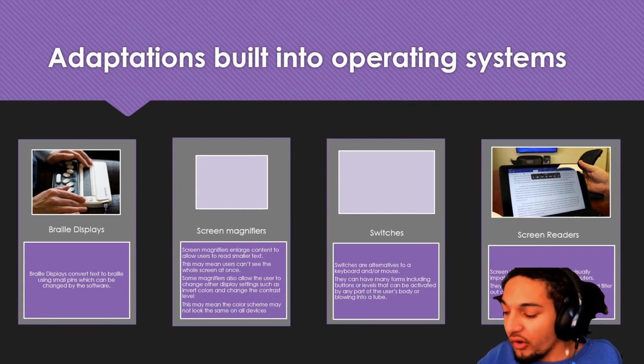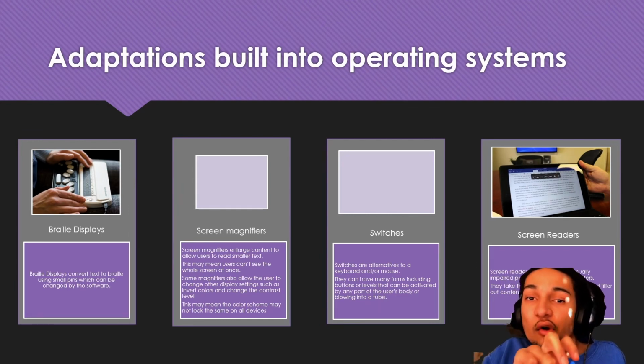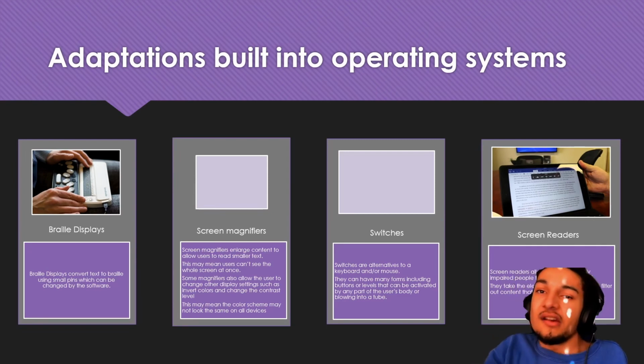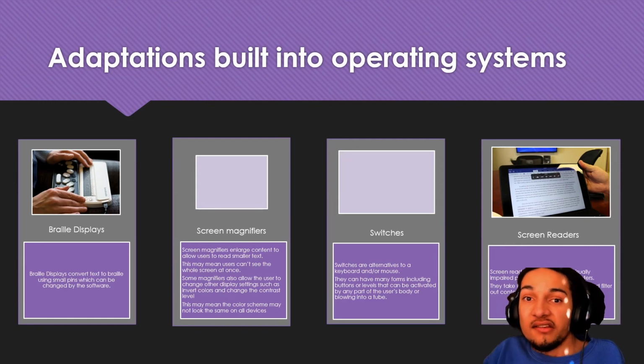Or it might be something more simple where you just have one button and the software automatically goes through each option. I'm trying to think of an example of a menu. You might have a menu and every 3 seconds the software will automatically switch through the different buttons that you could press, and you press a button when the one you want is selected.